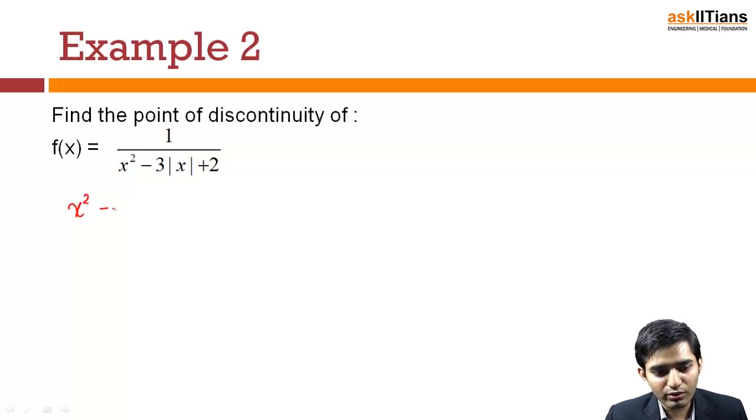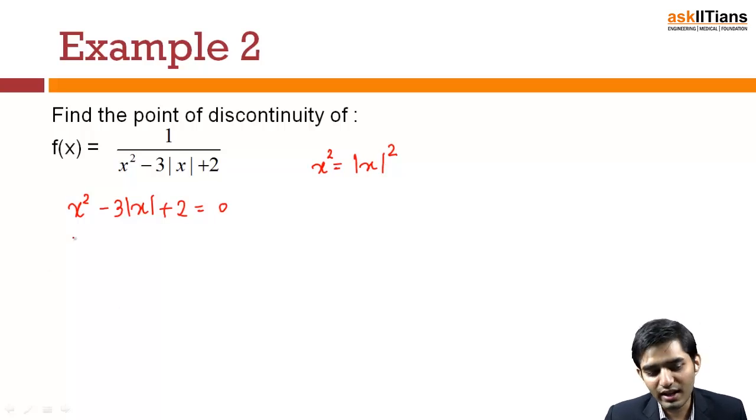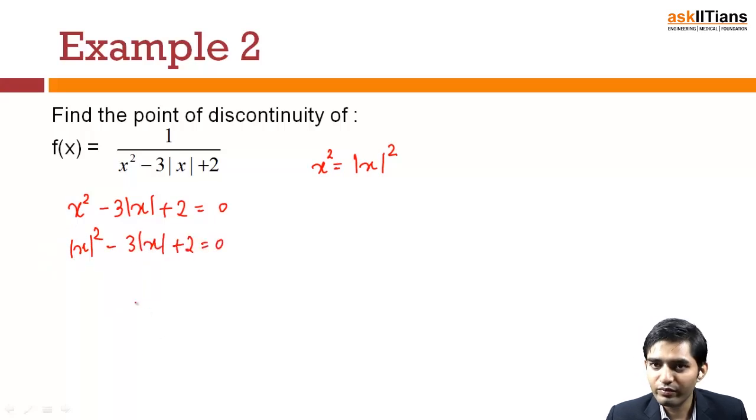So denominator equal to 0 means this quantity should become 0. Now this quantity equal to 0 at which points? See now, can I write this x square as mod of x square? Doesn't make any difference because x square is also positive and mod of x square is also positive. There is no question about negative numbers. So I can easily replace this x square by mod of x square, and now it will be easy for us to factorize. If I factorize, this will be mod of x minus 2 and mod of x minus 1,